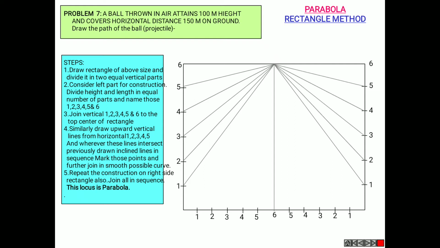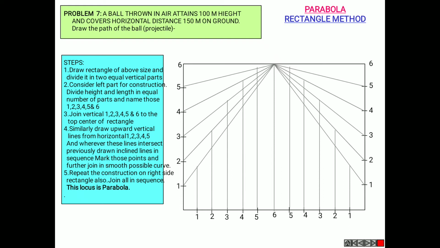Now make the vertical lines from the horizontal line 1, 2, 3, 4, 5 and 6 to the inclined lines of 1, 2, 3, 4, 5 and 6. So intersect 1 to 1, 2 to 2, 3 to 3, 4 to 4, 5 to 5, and 6 to 6 is already existing, and mark the points for each. Similarly towards your right, mark the points clearly,